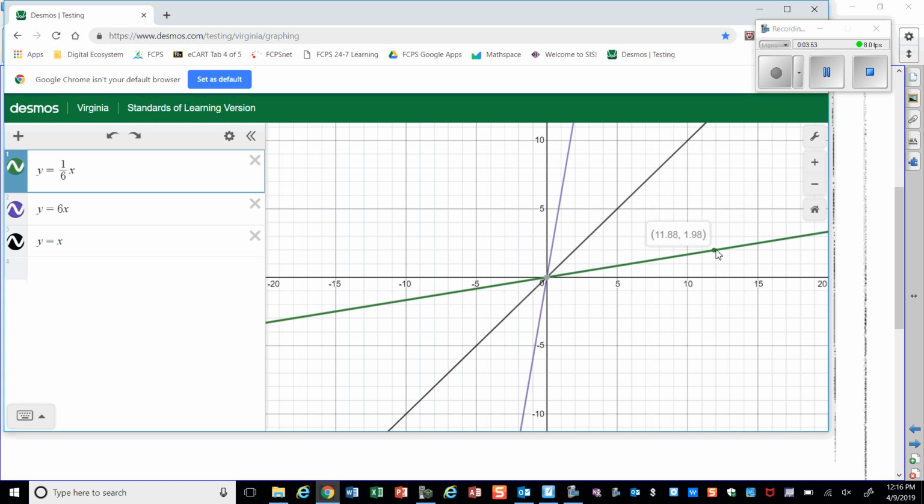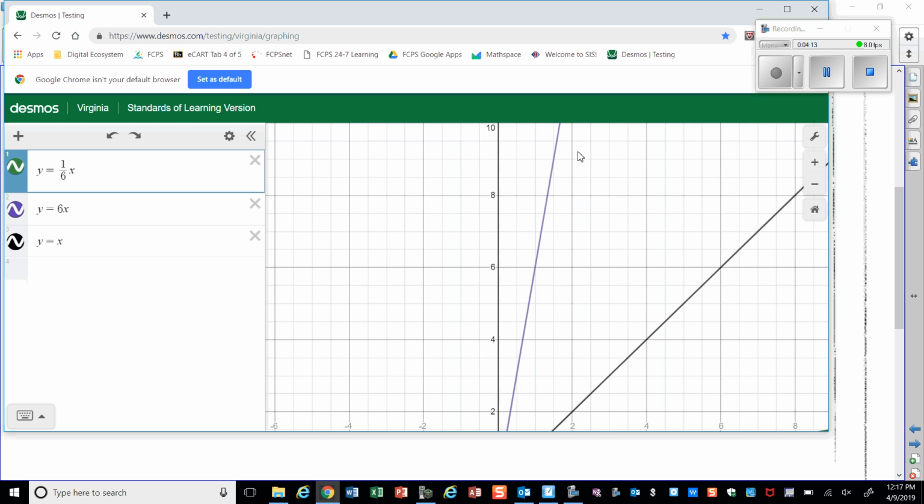Okay. So when x is 12, y is 2, right? And so now the inverse of that would be where you switch the x and the y. So instead of 12, 2, it would be 2, 12. So if I go over here to 2 and then go up to 2, 12,